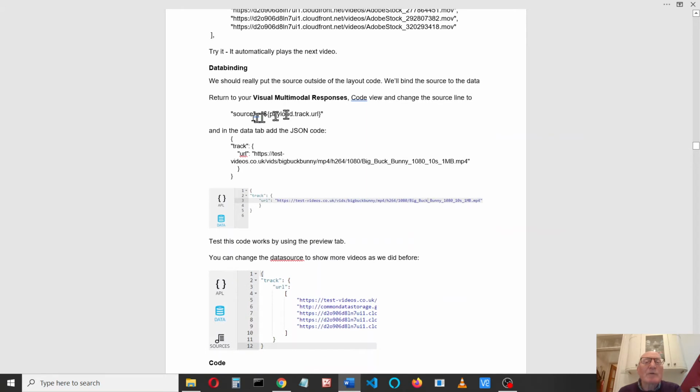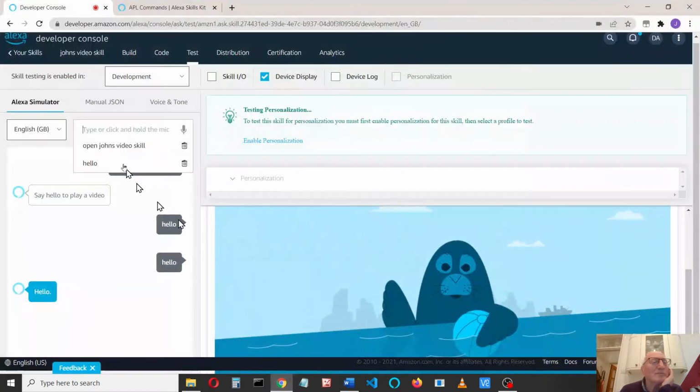Okay, the next thing we can do is we want to do this data binding. I'll do that here as well. So if we return to our visual multimodal responses, what you don't really want to do is include the source within your JSON. And in fact, our code, I've already taken it out. But we'll see how we do that in our